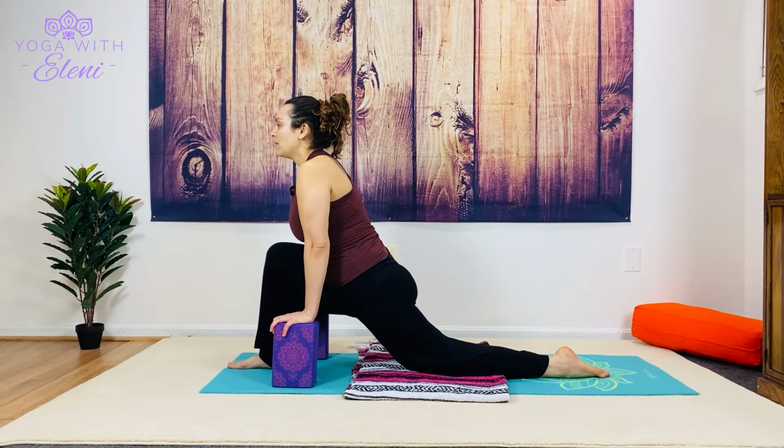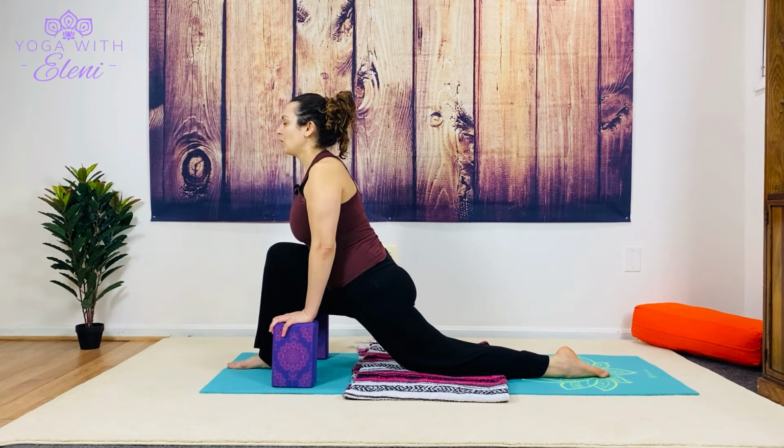So whether that means softening the gaze, scanning the body, relaxing the jaw. Maybe relaxing the shoulders and rolling the shoulders down the back here. And then observing with soft awareness,